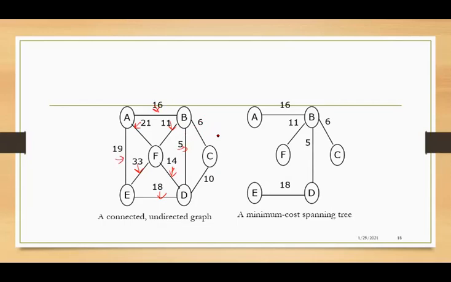So for the minimum cost spanning tree, you have to have all the vertices, there should not be a cycle, and also it should have the minimum cost. So first and foremost, if I select the minimum, it is 5, so I will select BD. Then to this BD, I'll add BF maybe. So you keep on adding the edges in such a way that the minimum cost is produced for your spanning tree.